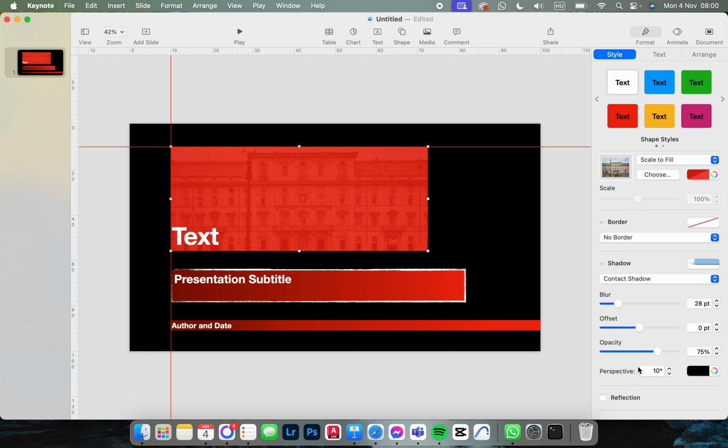There's a contact shadow as well. Looks like this,